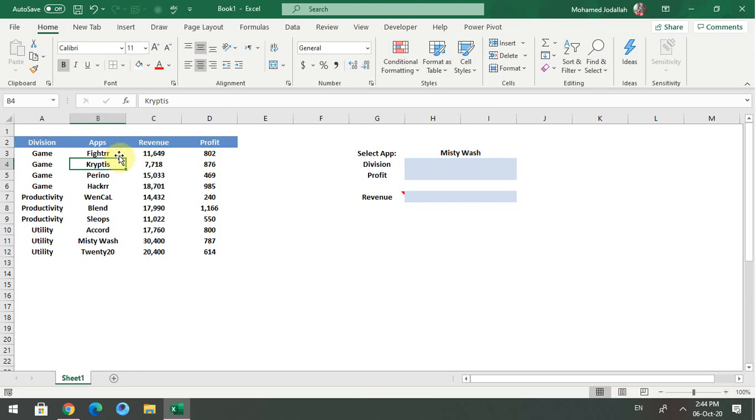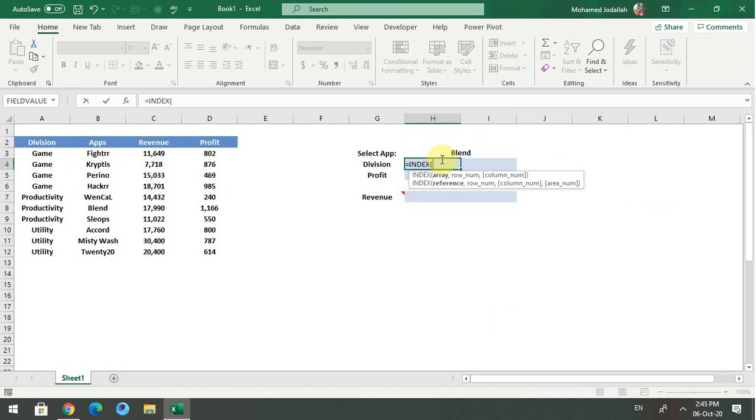We will use the INDEX function to return the division of the application we want. Here we use data validation to make a list for the applications. Say we want the hacker, or wrinkle, or plant, as you see. Now we will use the INDEX function for what we said. Equal INDEX, tab. The array, where we have the result, is the division column, comma, the row number, the plant is in